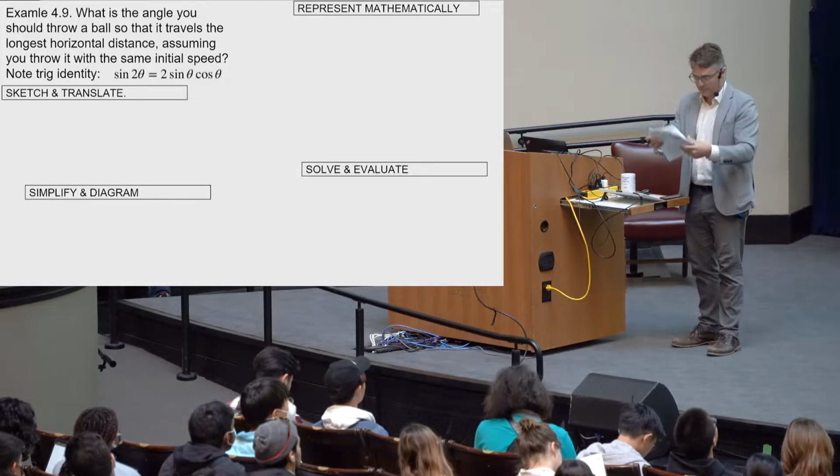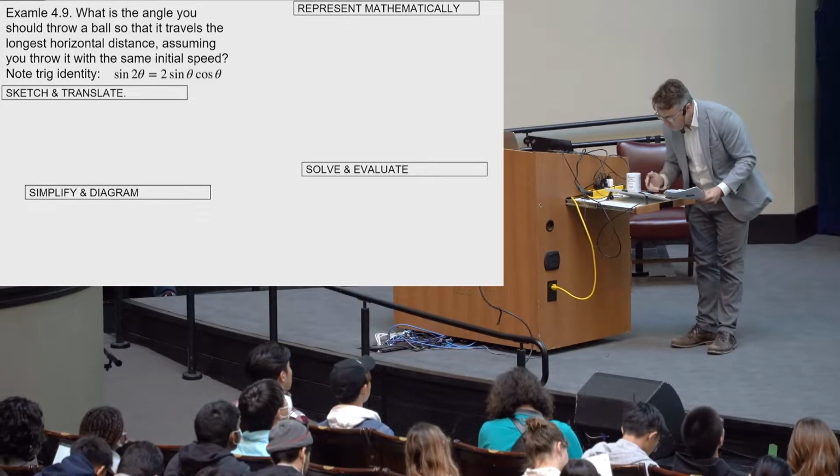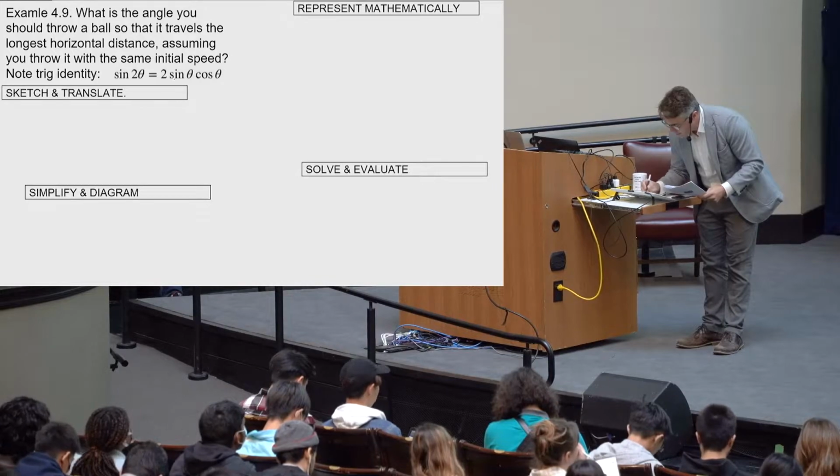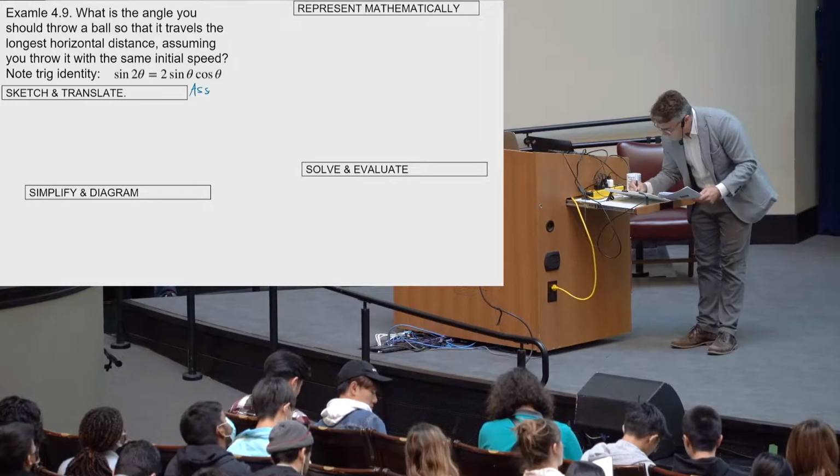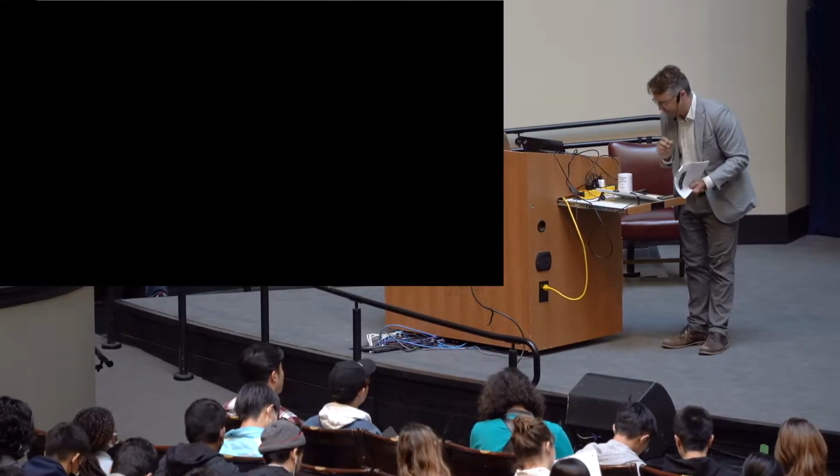Okay. What is the angle you should throw a ball so that it travels the longest horizontal distance, assuming you throw it at the same initial speed? So what I'm going to do, by the way, is assume no